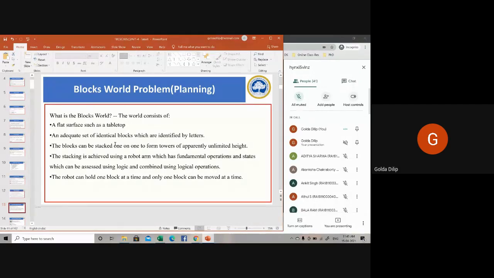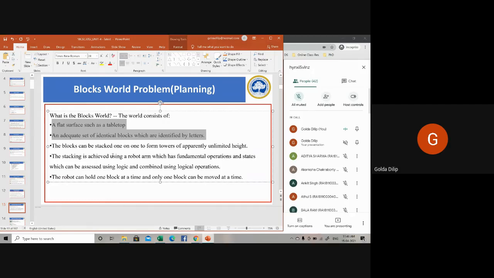When it comes to a block world problem, there are two ways of doing it. The first is arranging the blocks using the so-called robo arm, or stacking the blocks without the robo arm. Here is the explanation. What is block world? A flat surface, a tabletop, identical blocks identified by letters.